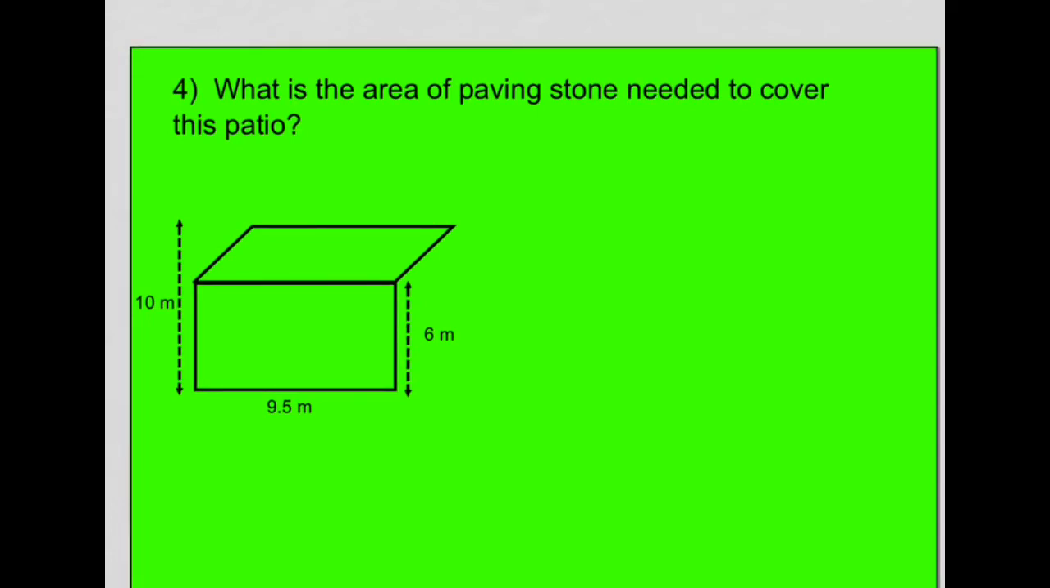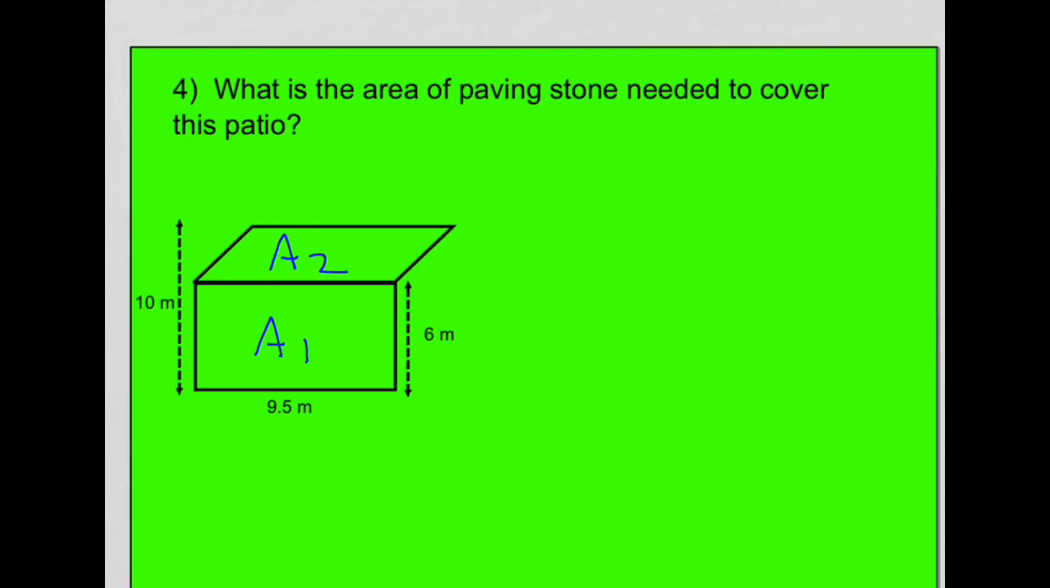Number 4 says, what is the area of paving stone needed to cover this patio? Well, this looks like we have another composite area question here. When I look at this, I see a rectangle, and I see a parallelogram, and I see some unknown measurements. So let's divide this into parts, and we'll name each part. I'm going to call the area of the rectangle A1, and I'm going to call the parallelogram